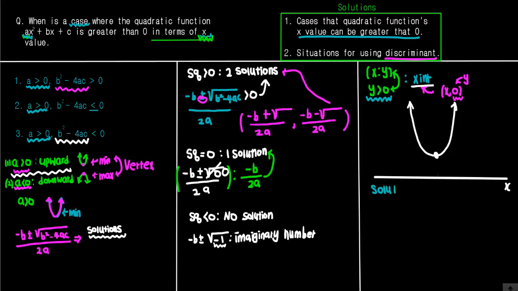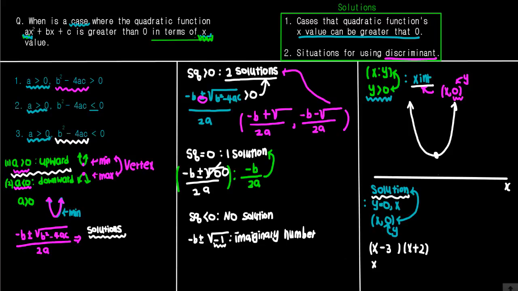Solution. Where it says solution, a solution means a case when the y value is equal to 0 and the x value exists, which means it's the same thing as x comma y, but the y value is equal to 0. The reason why we're trying to find solutions is because we're trying to find the x value when the y value is equal to 0. And solution is the same thing as our concept of the discriminant, because if there are two solutions, that means there are two solutions, such as, for example, x minus 3 and then x plus 2,